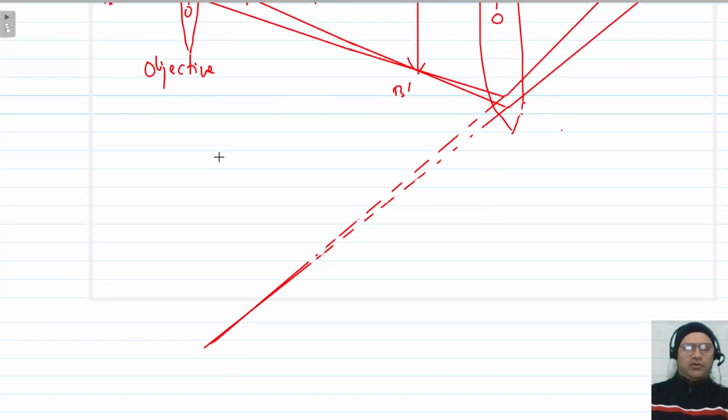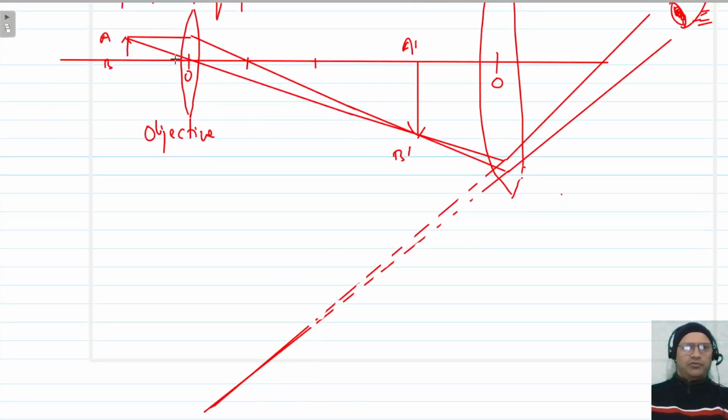So the image is formed at least distance of distinct vision, that is 25 centimeter. तो आपको जो image मिलेगी, this is virtual and erect. अगर इसको हम प्रोड्यूस कर लें तो they will intersect here. So this is the final image formed, A double dash, B double dash, which is virtual and erect compared to